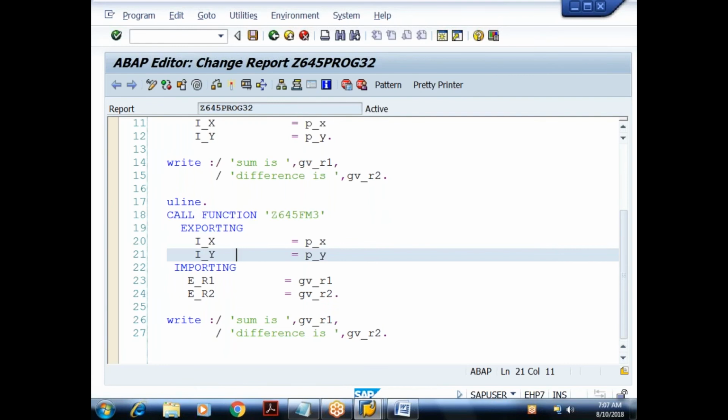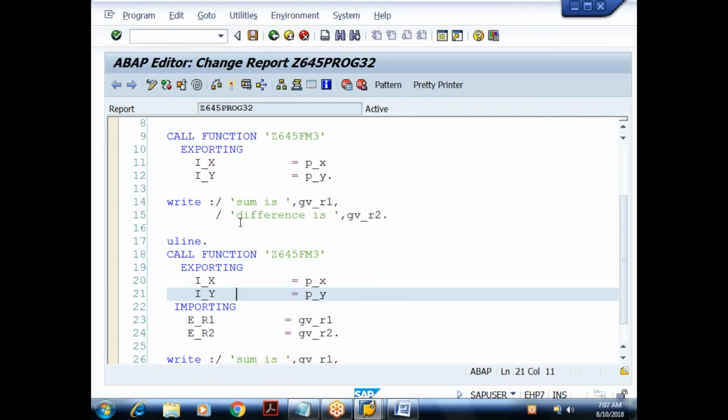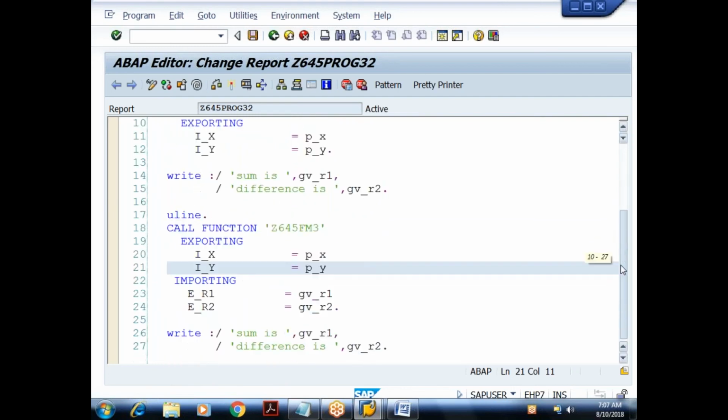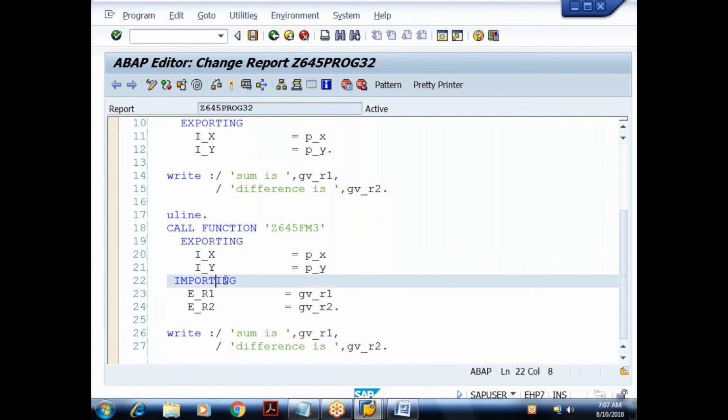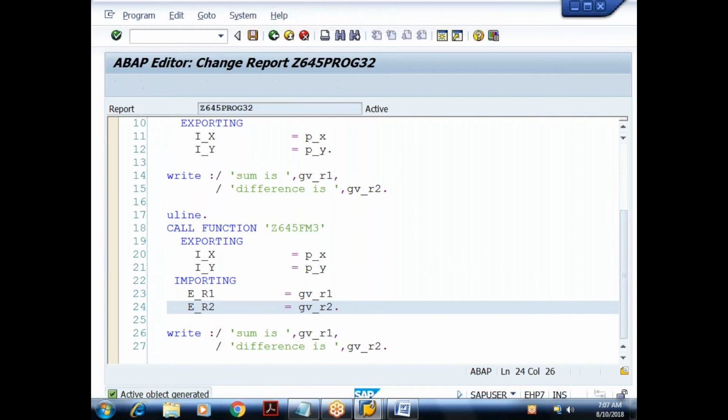We are calling the function module FM3 by exporting two parameters, p_x and p_y, which get imported in i_x and i_y. Then the function module exports two parameters, e_r1 and e_r2, which we are importing in gv_r1 and gv_r2. So when I execute this,